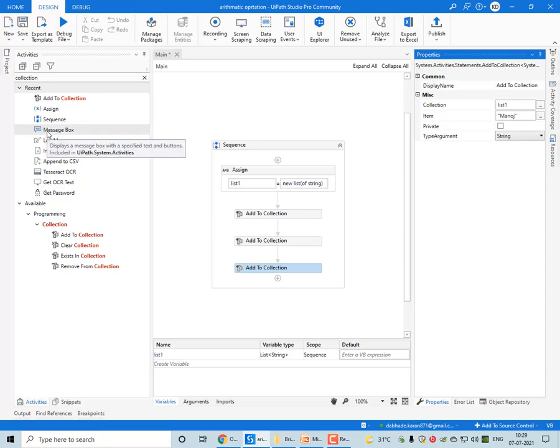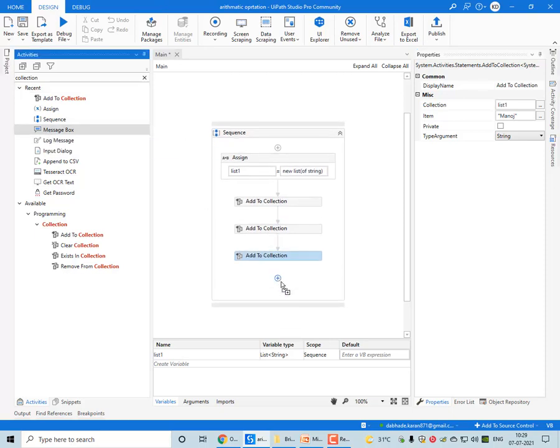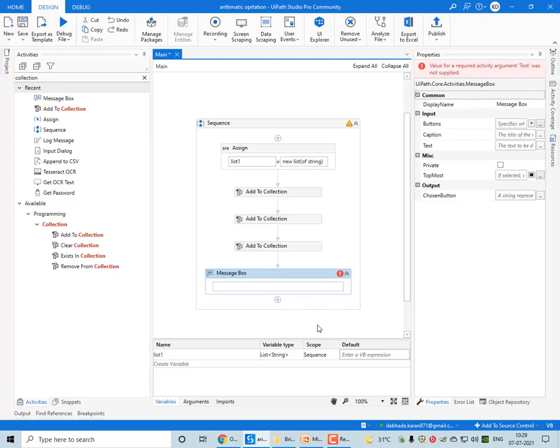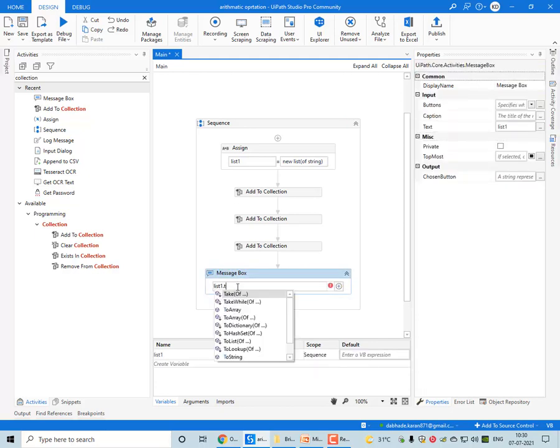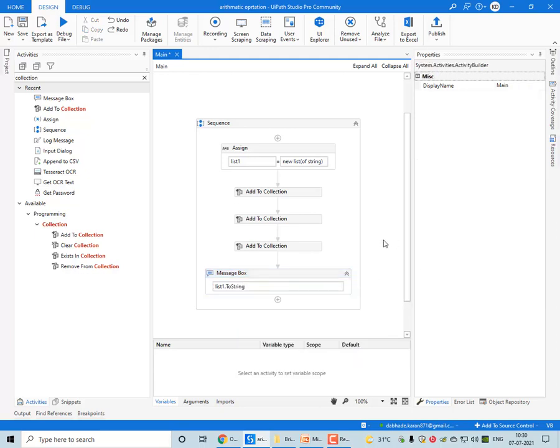You can directly take a message box to display the things. If you want to display all the elements in this, then you can use list.ToString.